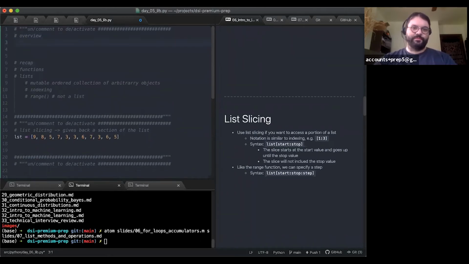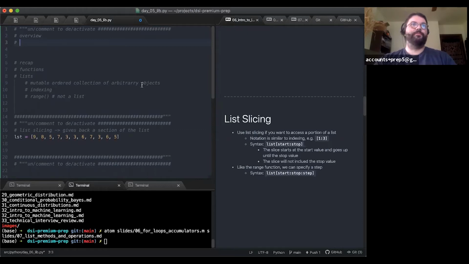For some of you, this might feel a little redundant, but I want to be really clear about how everything we're covering fits together, and what we're heading to in Premium Prep, what the intended material to cover is, right? So the idea again with Premium Prep is that we want to give you a complete but very basic set of tools to start to be able to program, right?